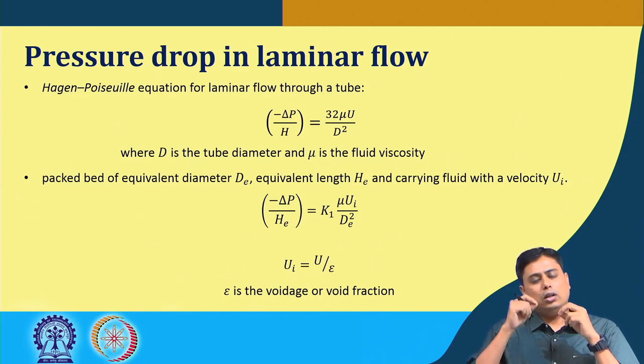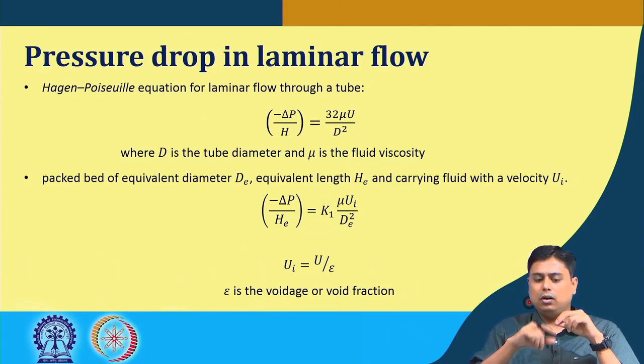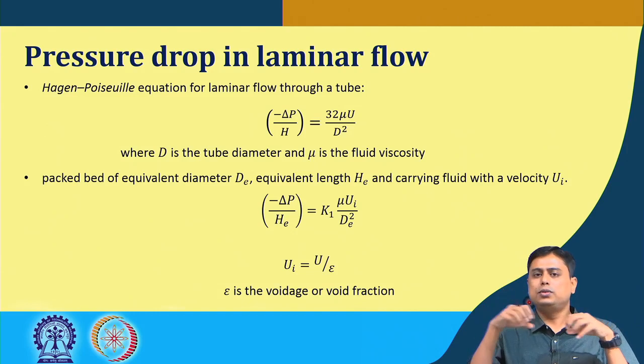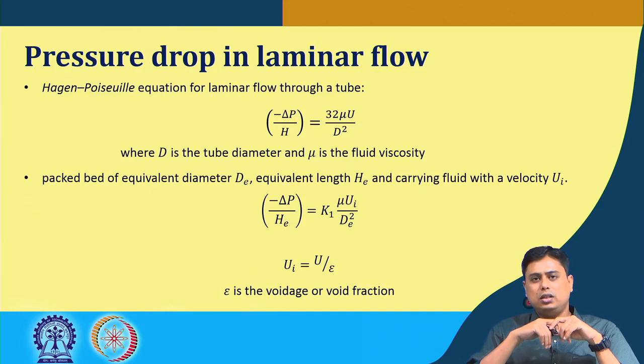Then a similar expression we can write for this packed bed as well, that is minus delta P by HE, the equivalent height, considering those many tubes, with the interstitial velocity ui and the equivalent diameter dE, where k is a constant